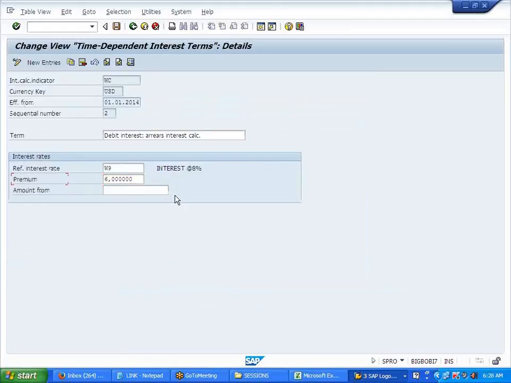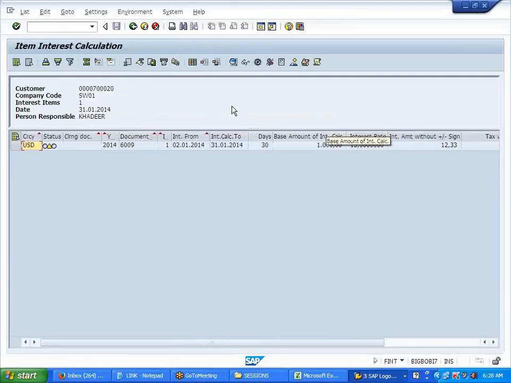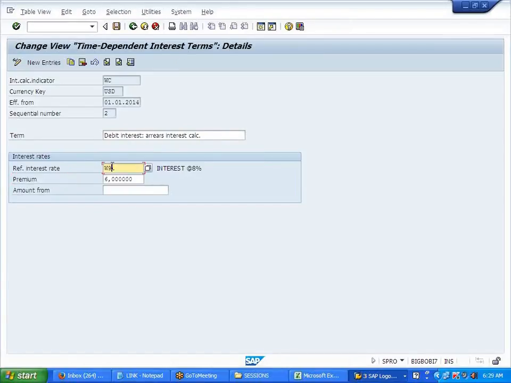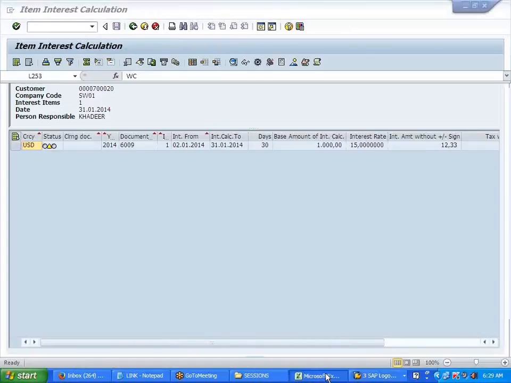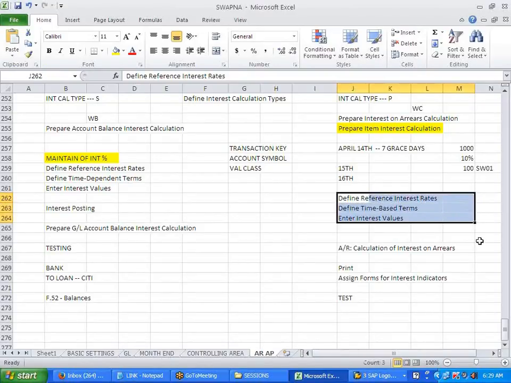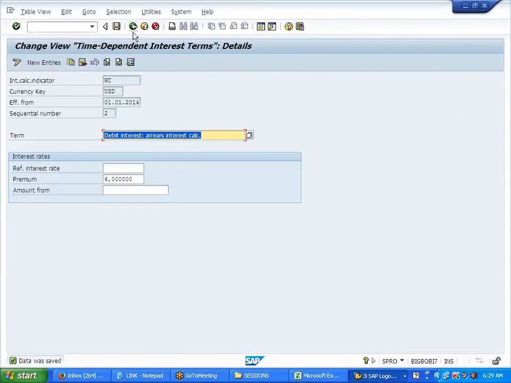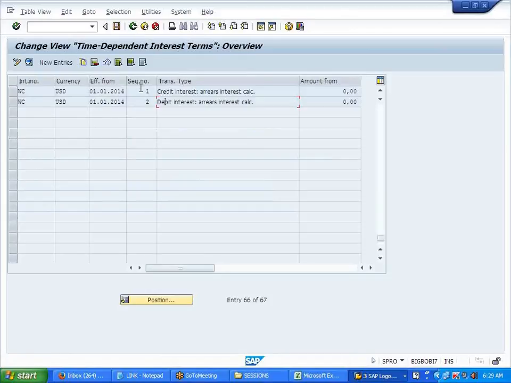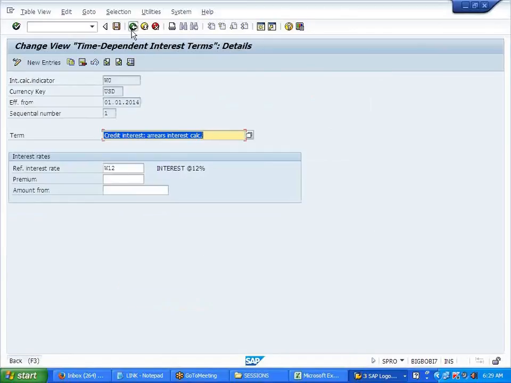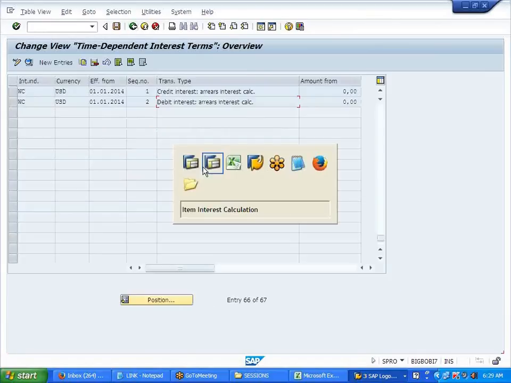I don't want to maintain this reference interest. Directly I want to maintain 6% only. Instead of doing these 3 settings for interest, I'm not maintaining these 3 settings. Directly I'll maintain the percentage, 6%.